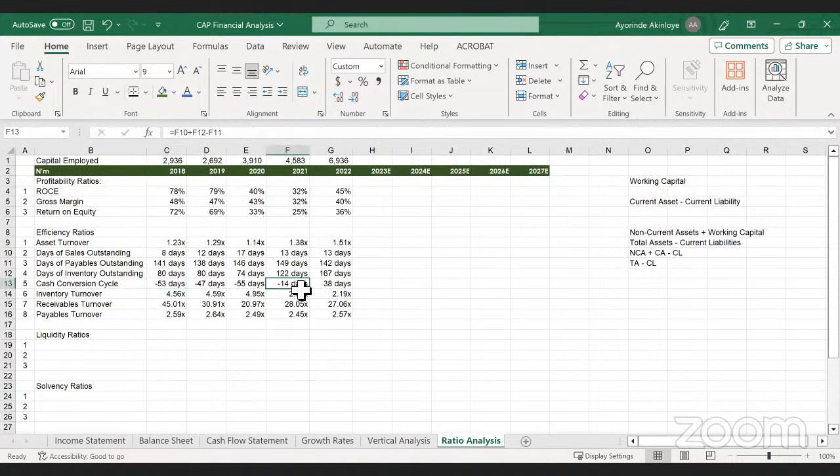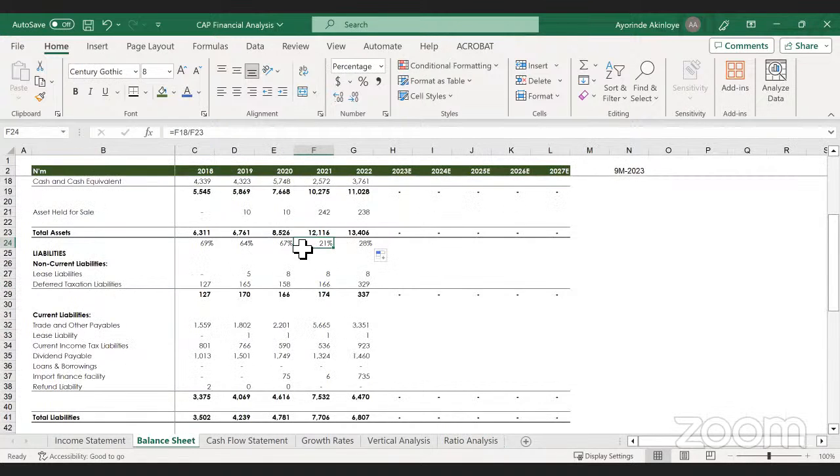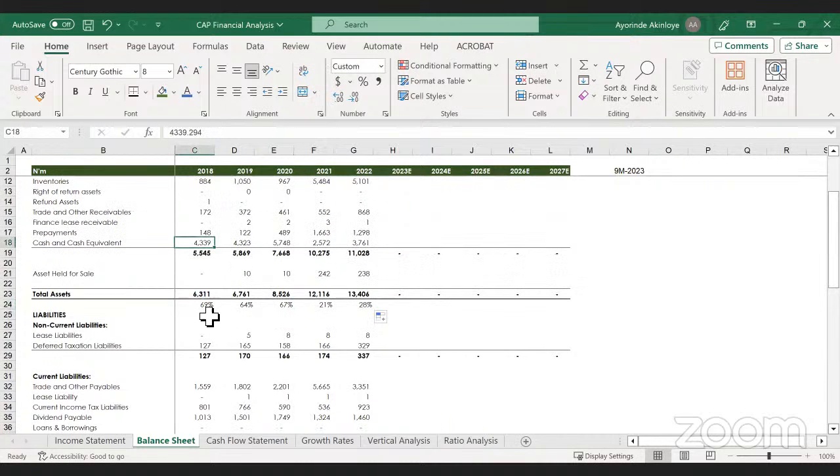Suddenly there's a drop in their cash conversion cycle. Yeah, there's a significant drop here, there's a significant drop here, and suddenly the percentage of cash of their total assets declined significantly. So that tells you already, the moment you are seeing a company have a negative cash conversion cycle, that tells you that cash is a significant portion of their total assets. That's just, again, another way of interpreting